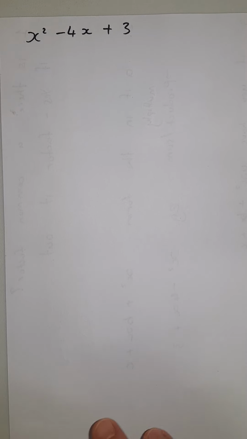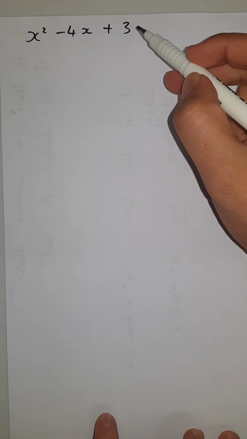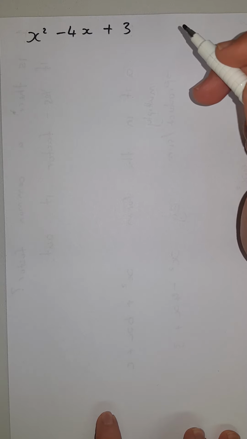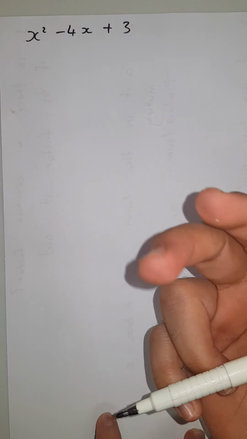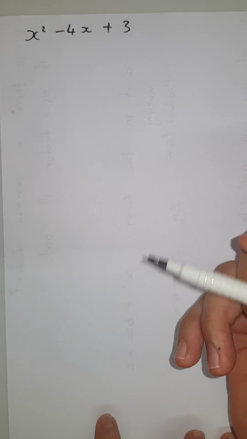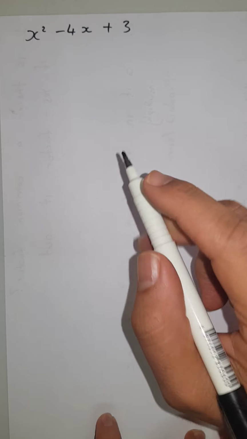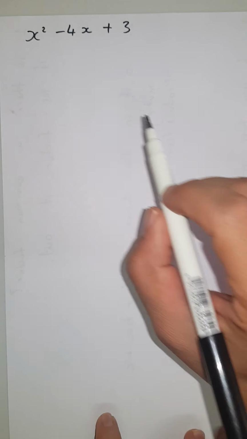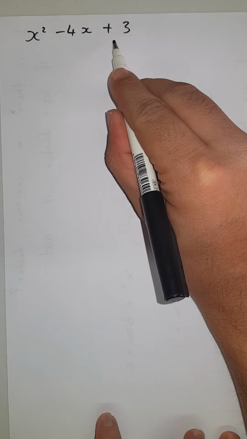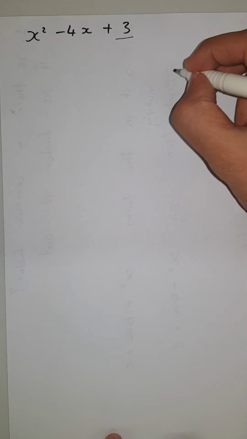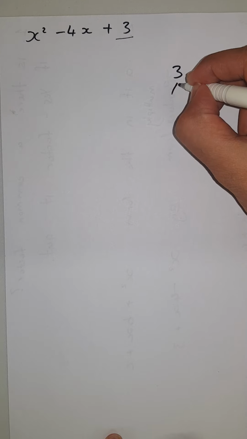Okay, today we're looking at basic factorization, and how I factorize is that I need to look at my last term and find two numbers, two factors that when multiplied give me 3, but also when I add them up I need to get my middle term. So I look at my last number, my last term, and that's 3, and I look for the factors of 3,